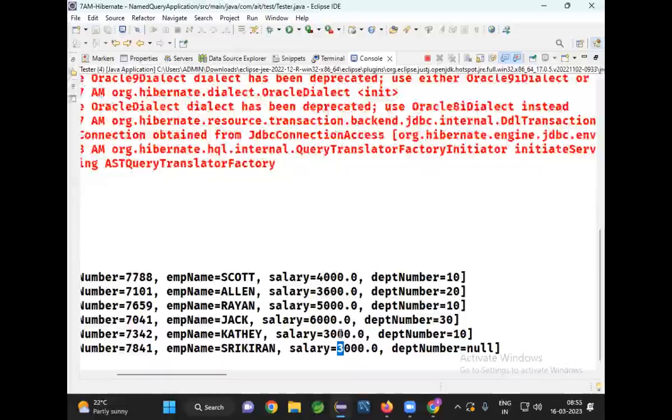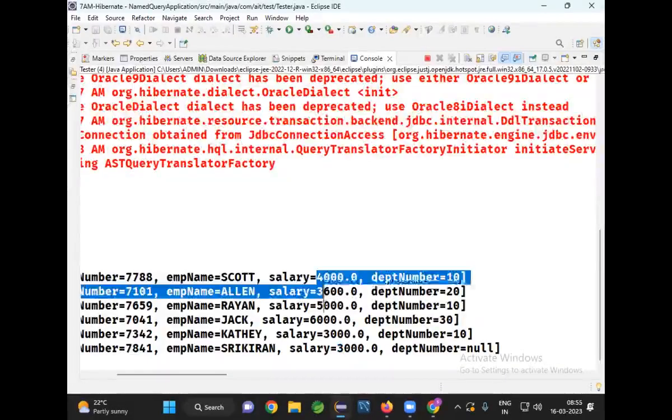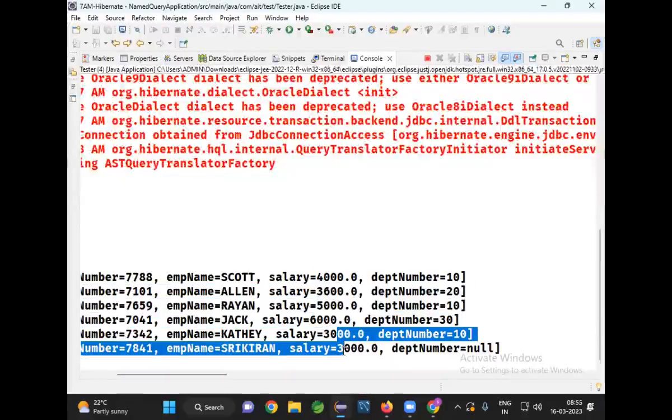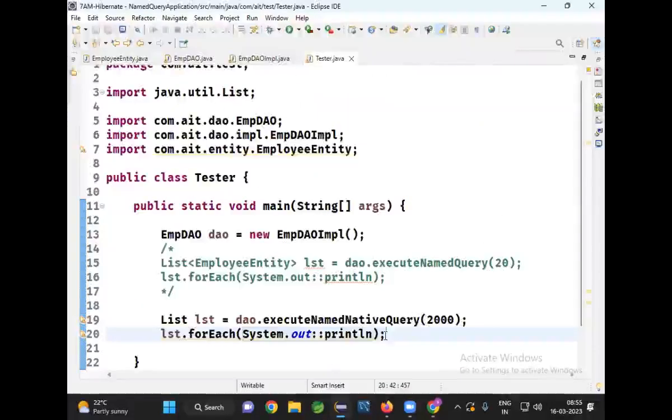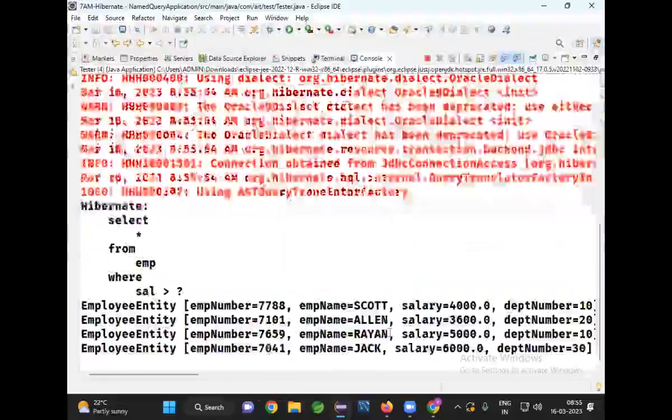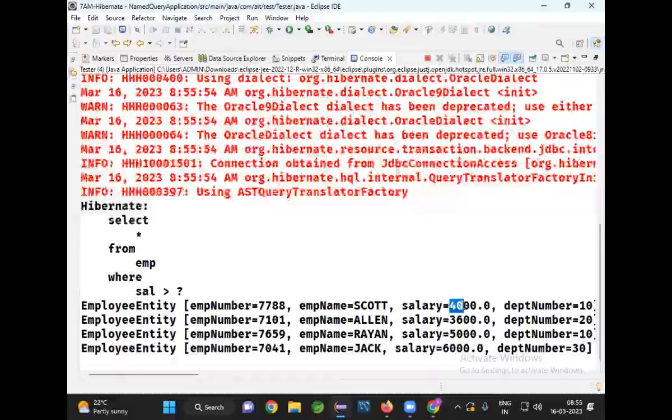For example, if I give more than 3000, then how many employees I will get? 4 employees only. Last two I won't get. I won't get the Kathy and I won't get Srikaran, right? Suppose, understand, suppose, what's the value I'm passing? 3000. So how many employees are there with greater than salary 3000? 4 employees are there. Run this. You can see only 4 now. Okay, 4000, 3600, 5000, 6000. But you are not getting Kathy and you are not getting